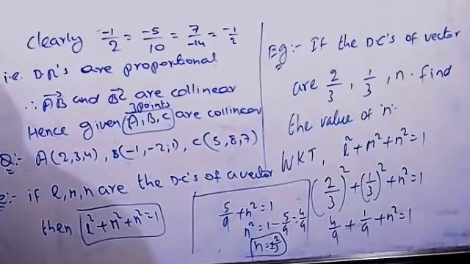Anyhow, finding the angle between the lines, you know very well. And if two lines are perpendicular, the condition also you know: a1 a2 plus b1 b2 plus c1 c2 equal to 0, if they are given in vector form. Either orthogonal or perpendicular, both are the same thing. And the condition for two lines to be collinear also we know. One more time, we'll discuss the same thing on Monday also.